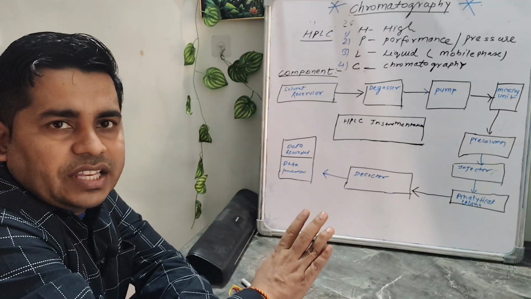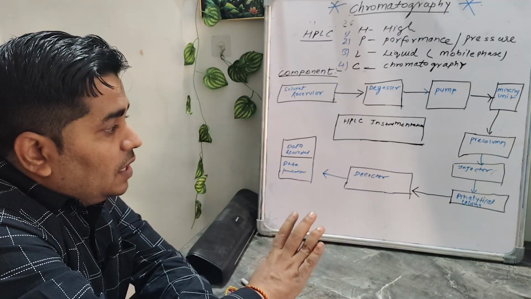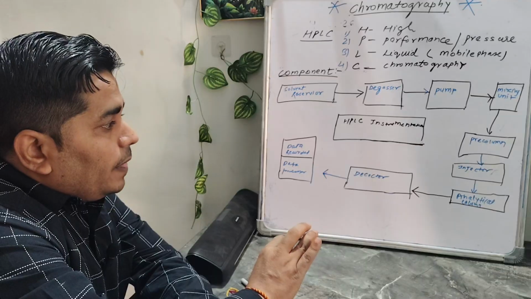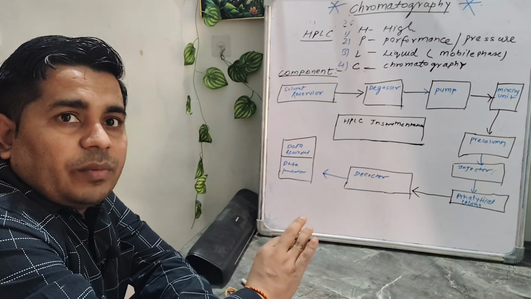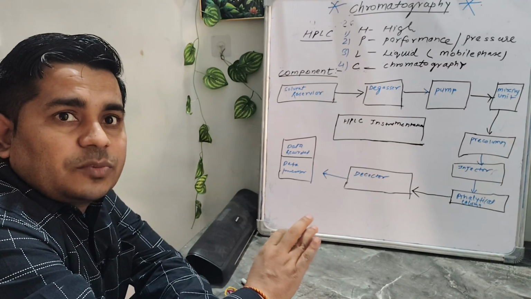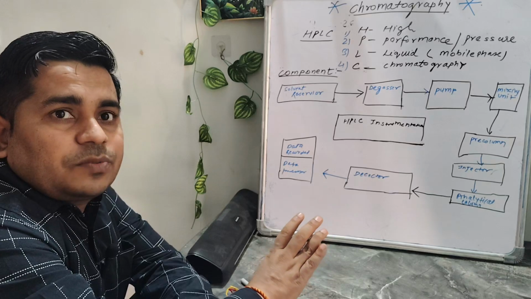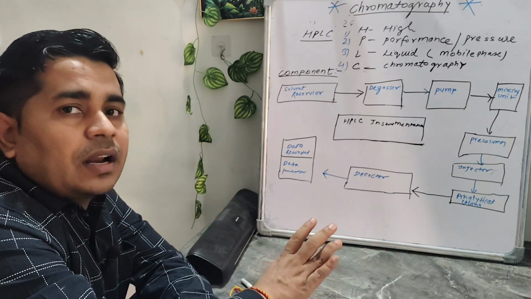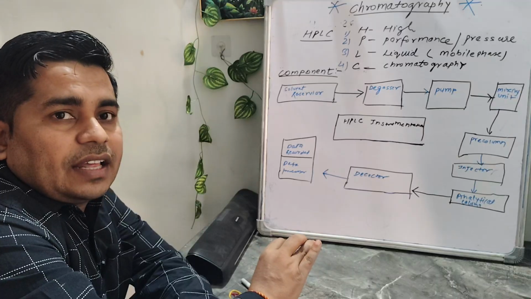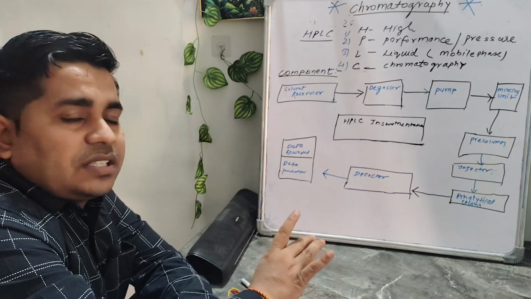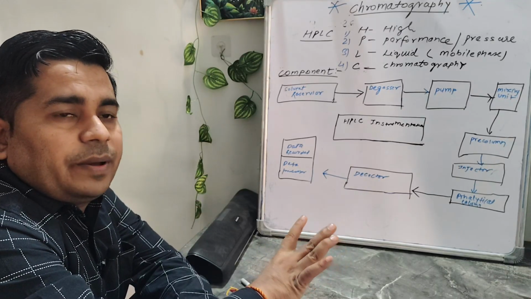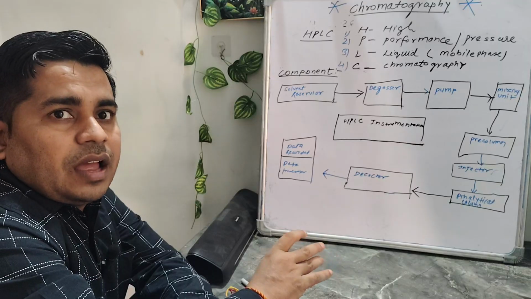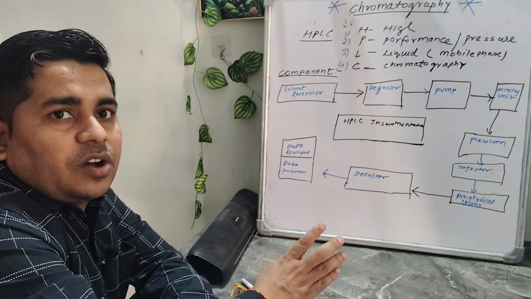Here separation is achieved. Now the detector is an important part of any chromatographic system to produce the response and signal with respect to the lambda max. That means at a particular lambda value we are getting the response by the certain affinity between the mobile phase and stationary phase. And what is the nature of our compound?